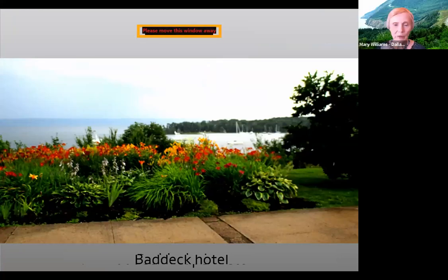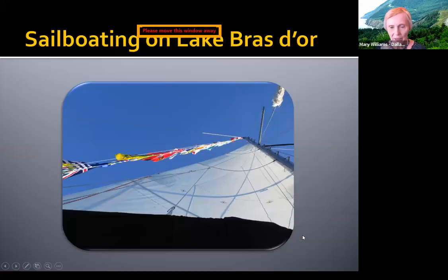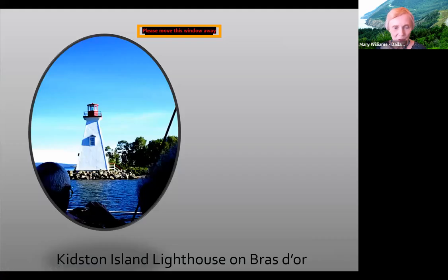Beautiful views everywhere, of course. There's a nice harbor into the lake where you see lots of sailboats. So we had a ride on this particular sailboat. And since they didn't put the sails up until we were on the boat, I don't have a picture of the boat with the sails up. I would have had to miss the trip in order to do that. We passed